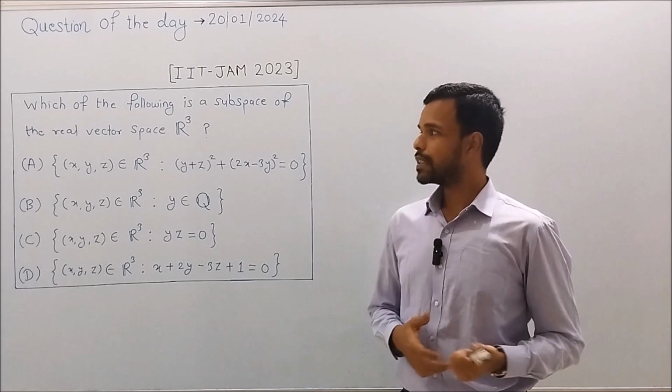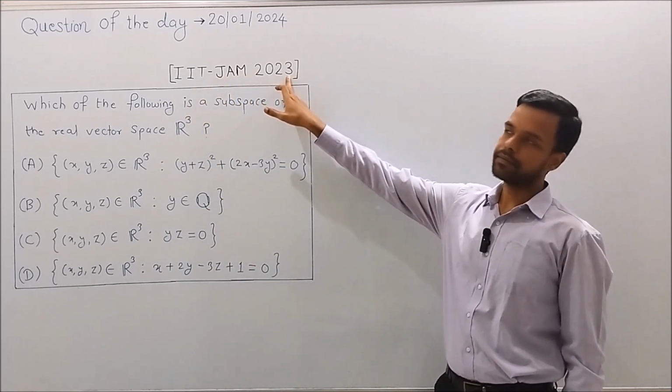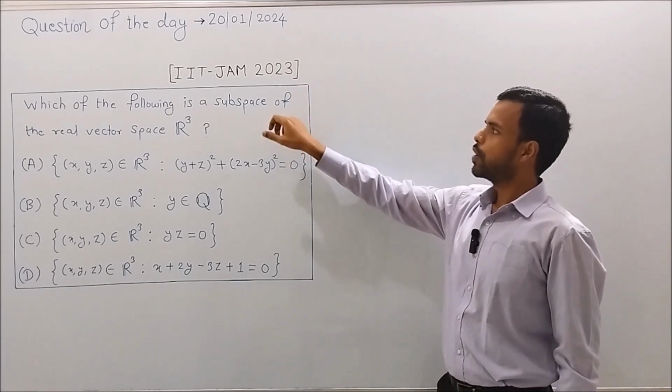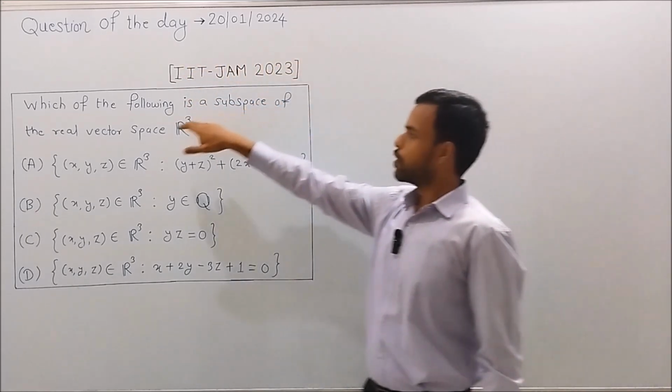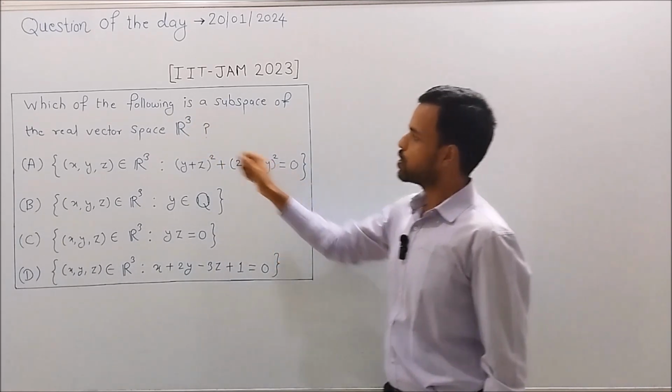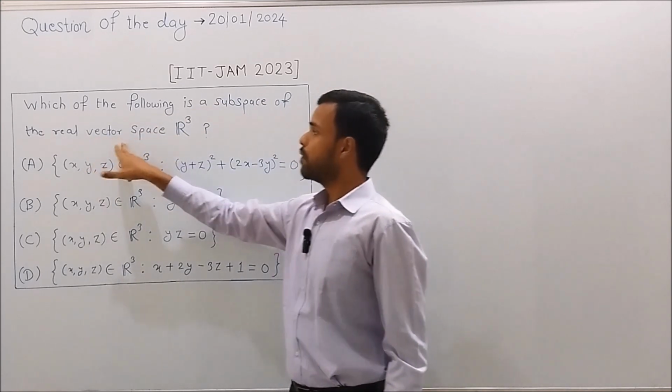In today's video, we will discuss the solution of an interesting question from the IIT JAM 2023 Mathematics exam. This question I have posted on our YouTube community post on 20th of this month. The question belongs to linear algebra and the question is: which of the following is a subspace of the real vector space